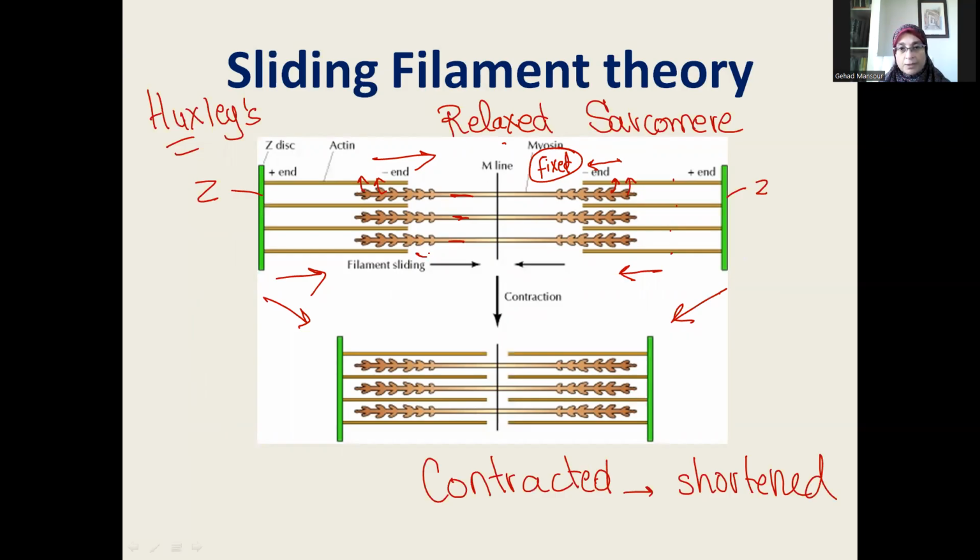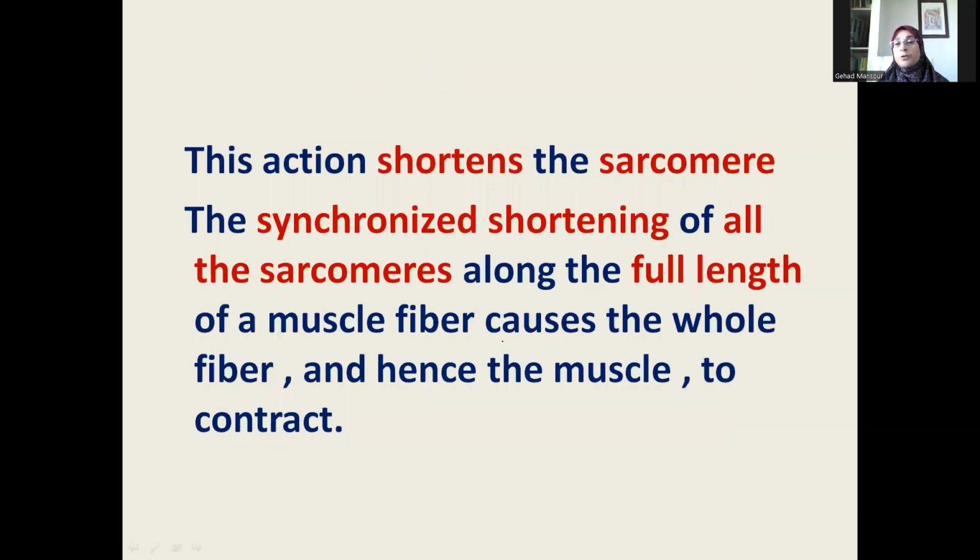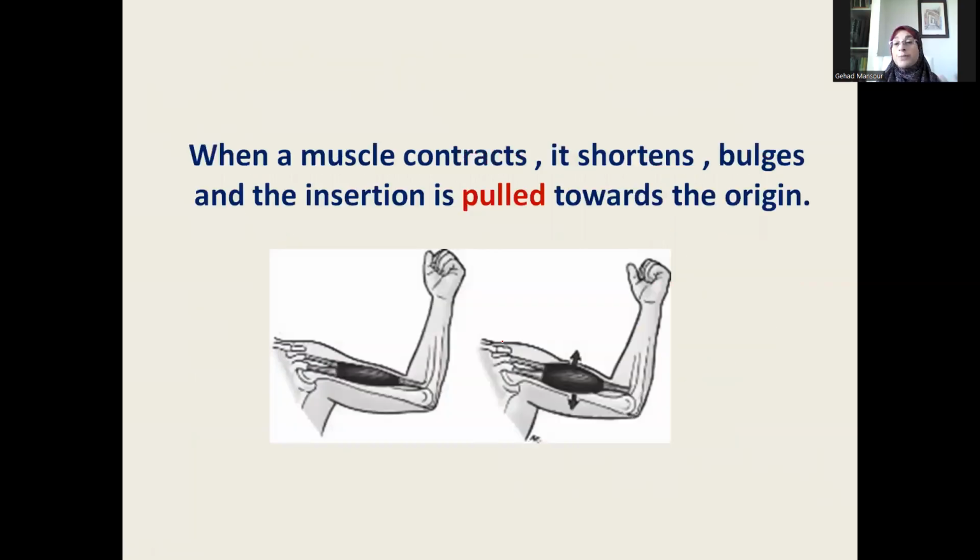This one is the central H zone, and see how the H zone became narrower just because the actin filaments got closer to each other. So the sarcomere is shortened, and if there is synchronized shortening, meaning that all the sarcomeres shorten at the same time, the whole muscle will shorten, and that's why muscle contraction is associated with shortening of the muscle, movement of the joint,